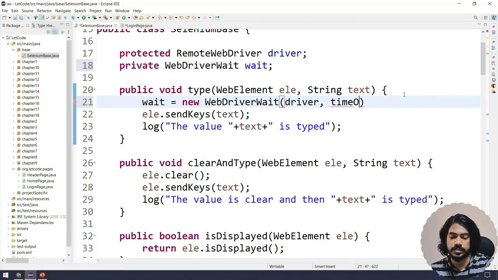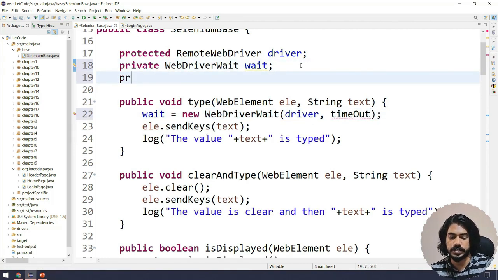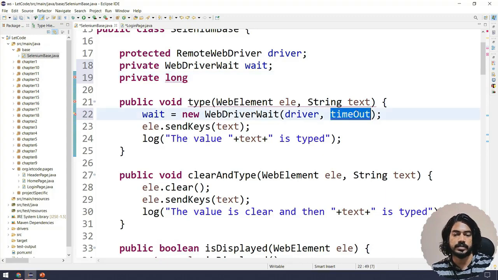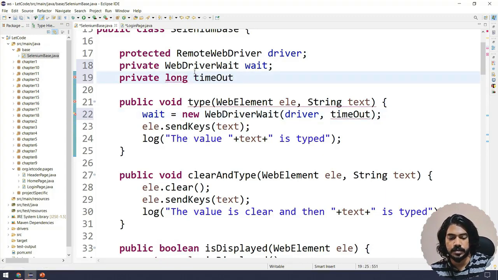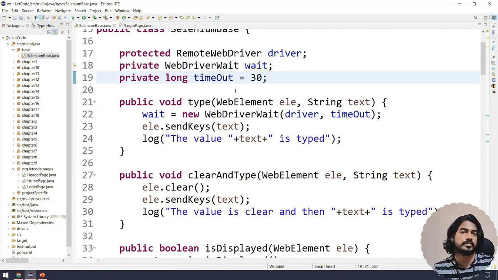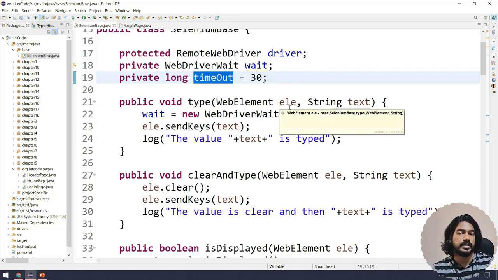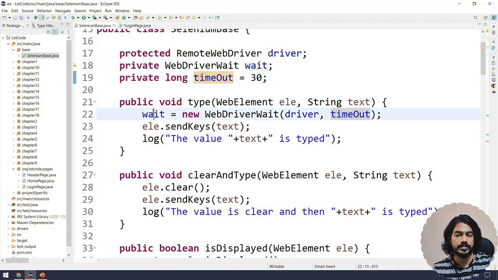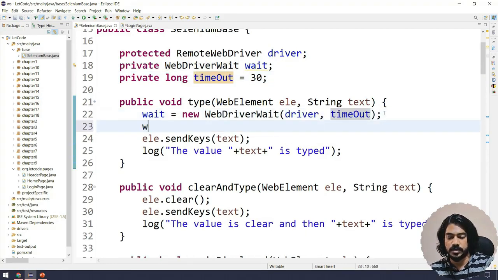And here it's going to set the default timeout. The timeout should be in the format of long, so let's create that as well. So private long, not login, it should be long. Then we are going to say timeout equal to, as of now, 30 seconds. So if something is not visible for more than 30 seconds, I'm going to make that a failure. So wait equal to new WebDriver wait, and then we are passing the timeout. Now I can say wait